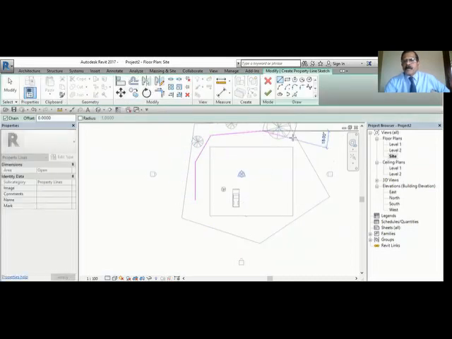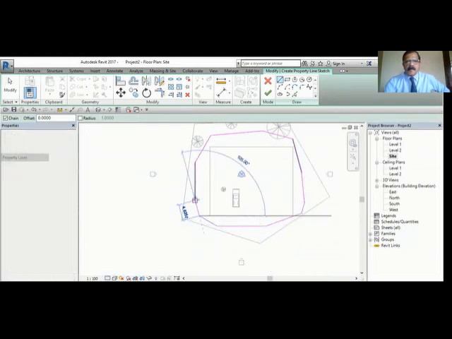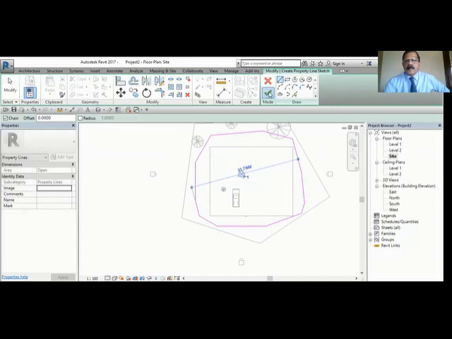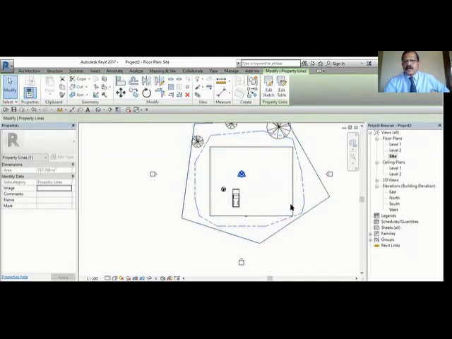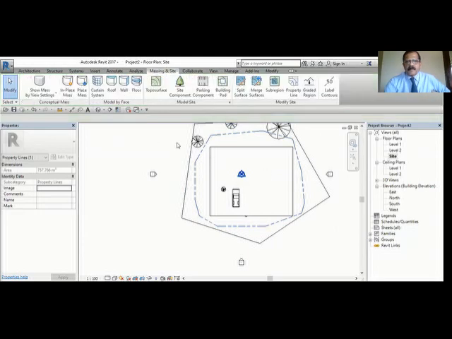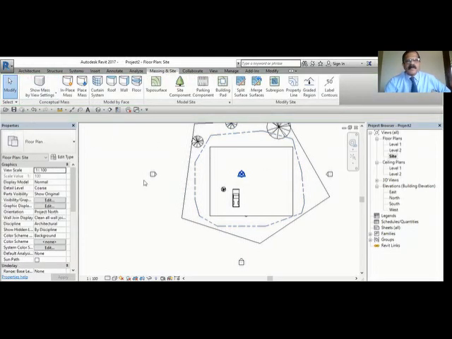This is just to mark your property line. You can see it only in plan. It just shows a dotted line, a property line only. That is the property line. Okay, this is all regarding the topo surface and site components.